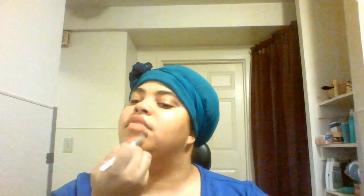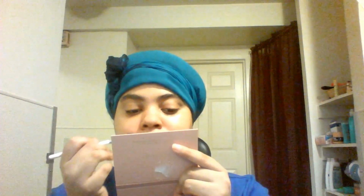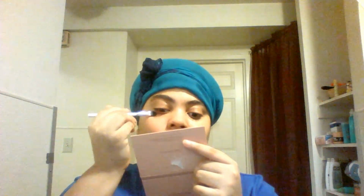And then we're just gonna blend out the chin area to cover a little bit of those breakouts. But you can barely tell that I have concealer on, which I like. And then we're gonna do the under eye. And I like the concealer stick instead of the sponge because when I hold it like a pencil,